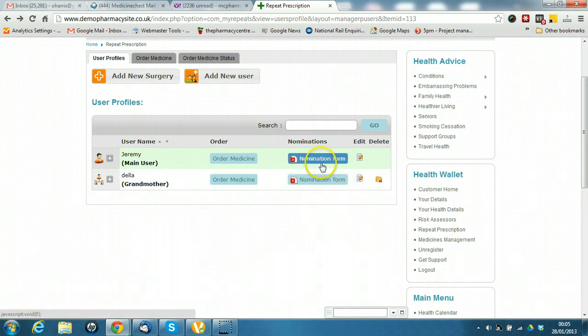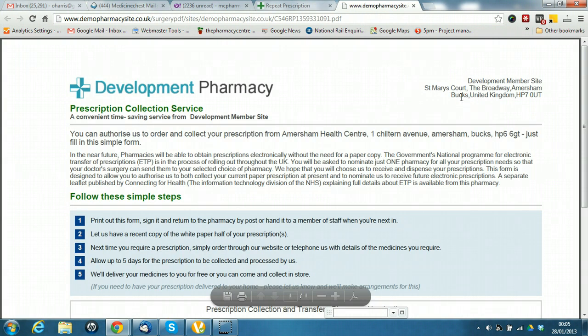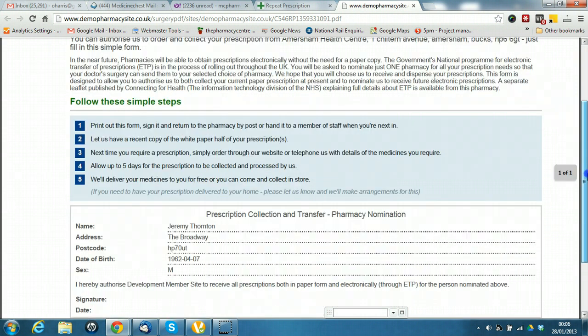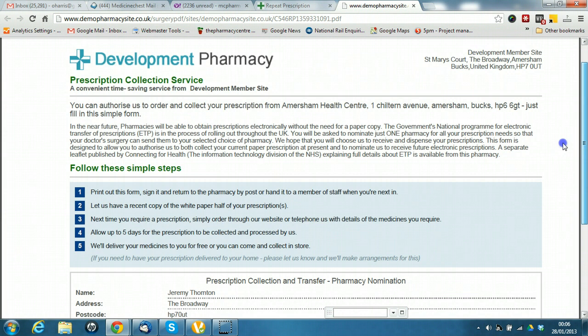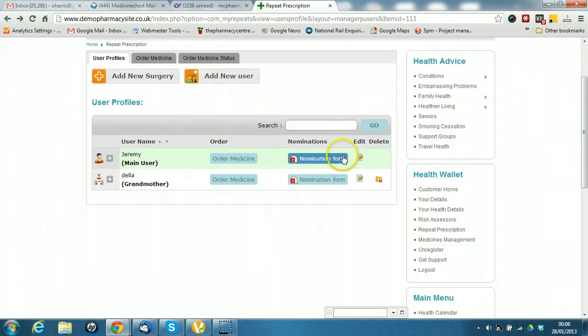You see here we've got nomination forms. When the customer signs up, it just creates your nomination form on the fly with the surgery details, the pharmacy details and the customer details all pre-filled in. So either I or you at the pharmacy can print this off, get a signature if needs be. So that's pretty much the